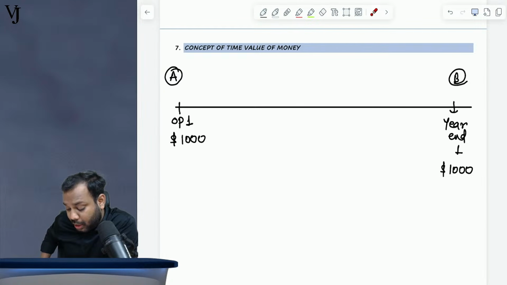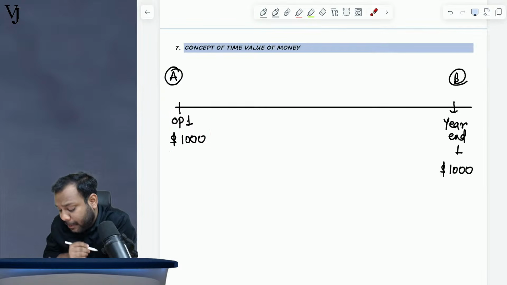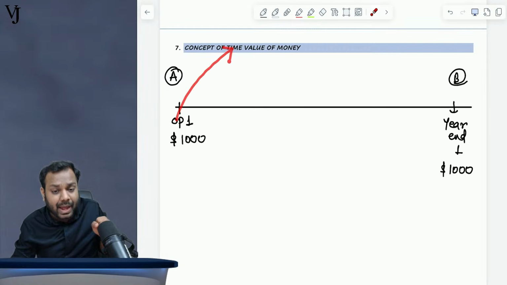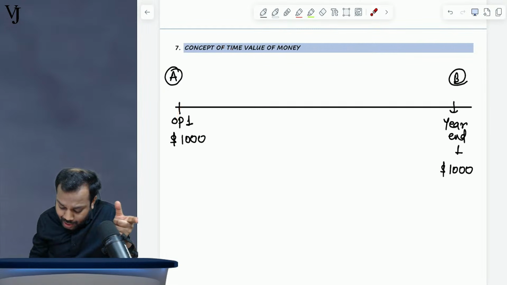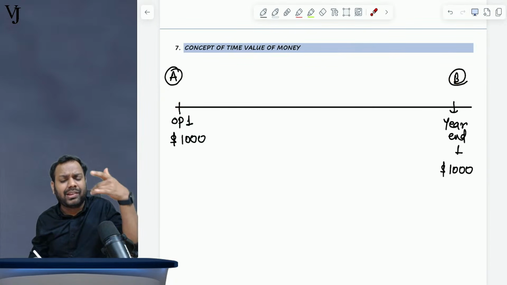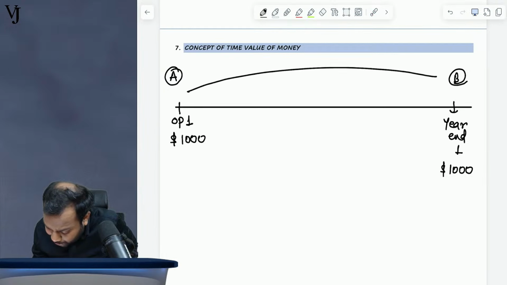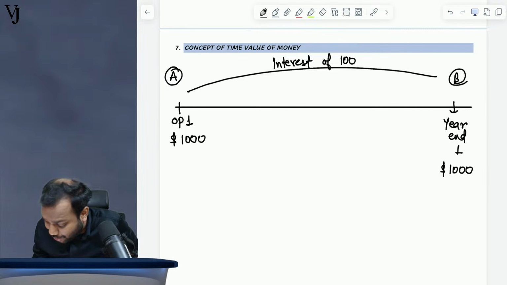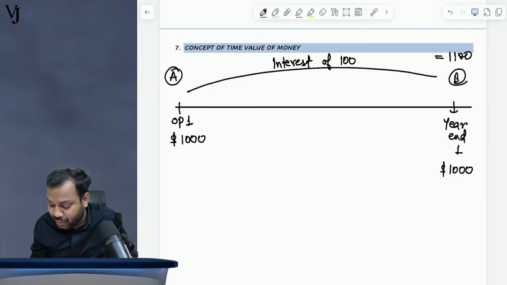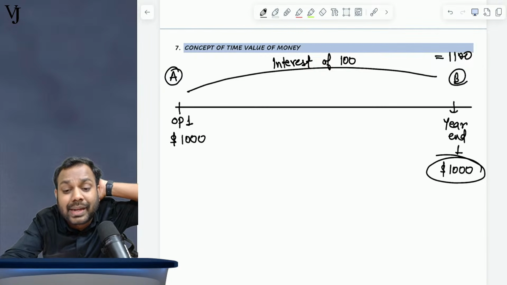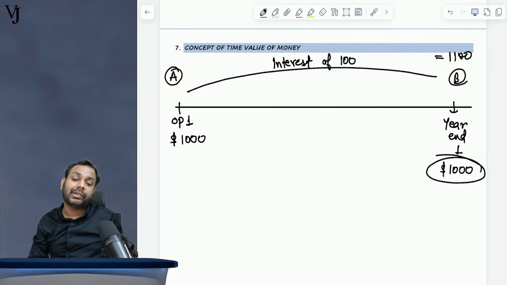Okay. So basically why today is, sir, if you give me the money today, I will take 1,000 today and invest in the bank now, and I can earn investment income for this. Let's suppose the rate in the market is 10%. So I will earn interest of 10%, that is 100, and it will become 1100. You were giving us only 1000. Oh my god, this is called time value of money.